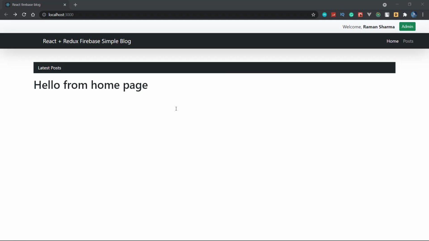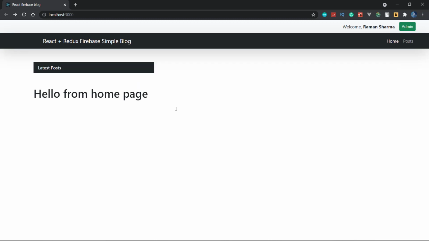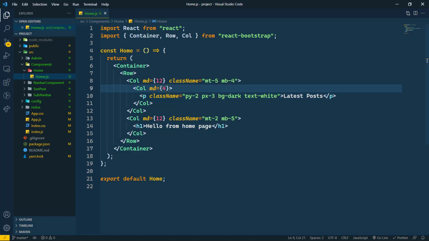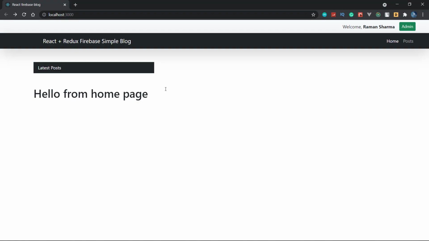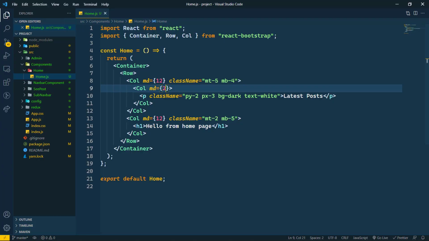Now let's see what we are getting here. See that we are getting it like this, but let it be col MD2. So col MD2 will be better for us. Yeah, col MD2 is looking good now.